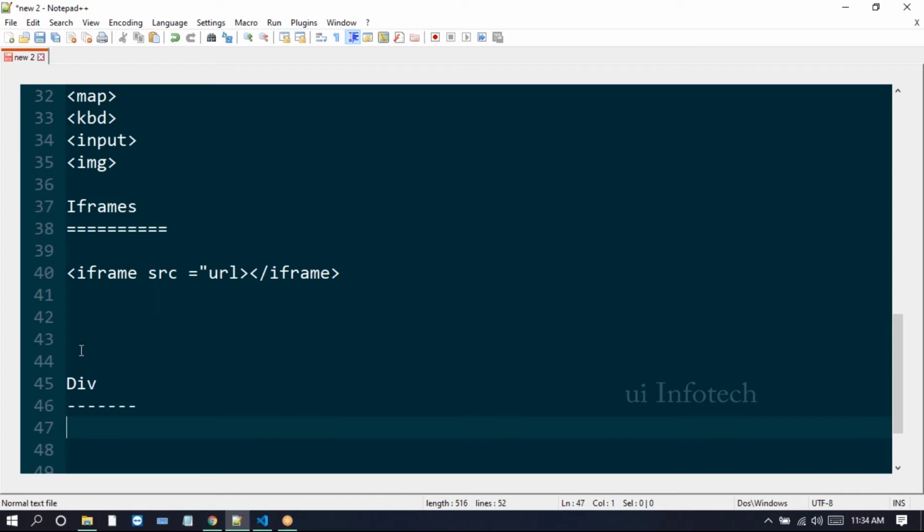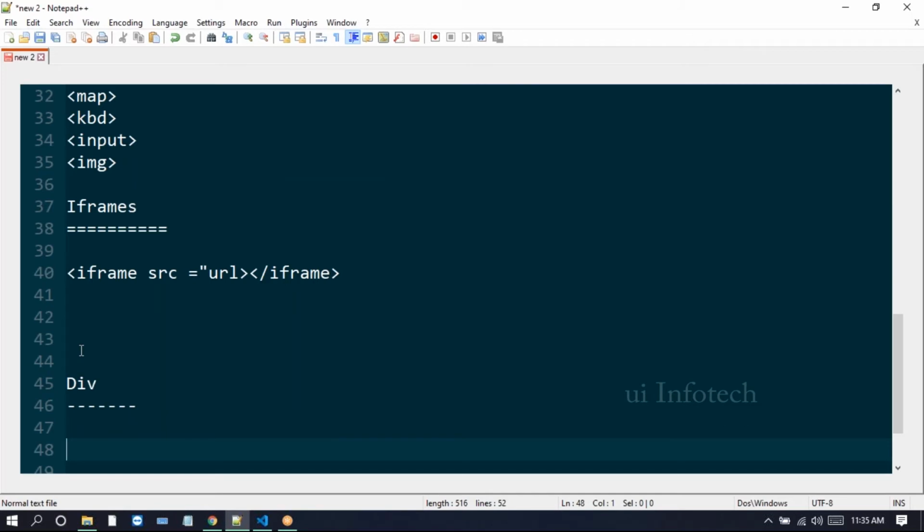Like I told you, the block level elements, right? So for these block level elements, here we need to discuss the div elements. So what is the div here? Mostly web pages are developed with the div itself. So we use the div tag to develop web pages. Div means division. It is a box-like container, so it acts as a box container. There is no meaning for the div. It is non-semantic, a meaningless element.